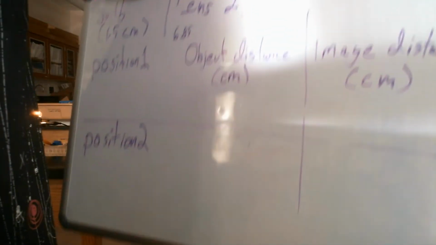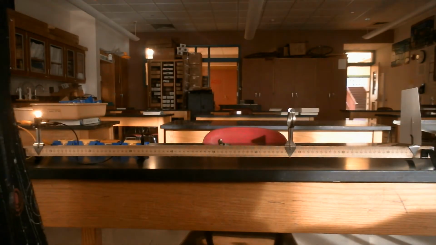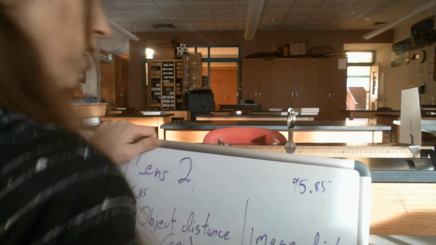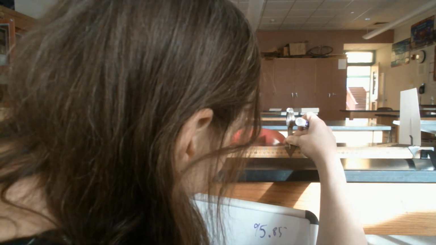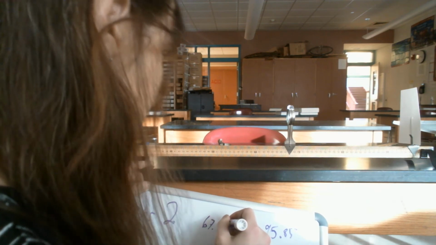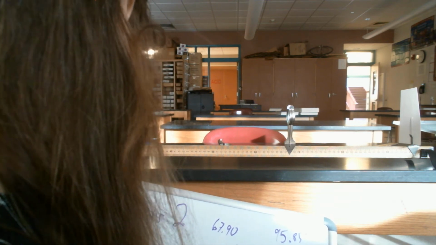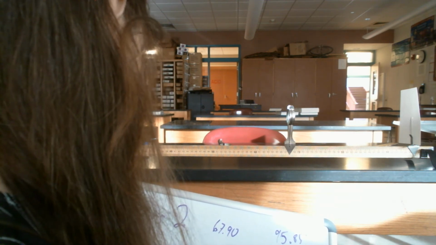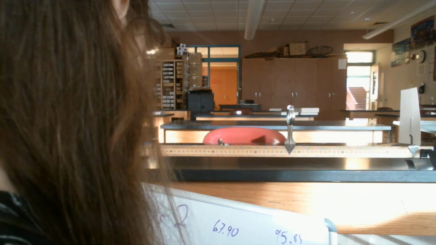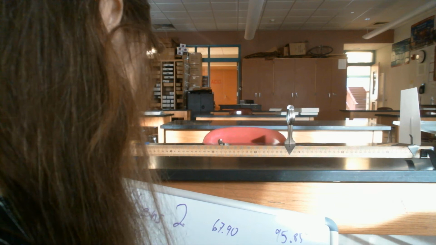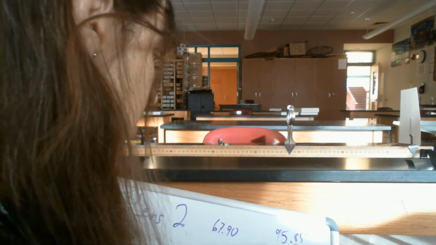And we're looking at its object distance and image distance. So the lens itself is at 67.9, even. So that makes the object distance 61.05 and the image distance